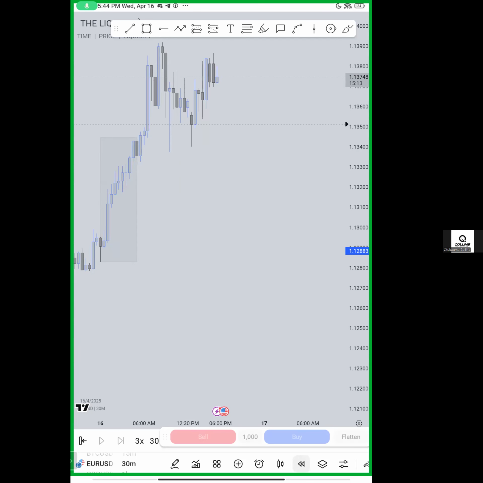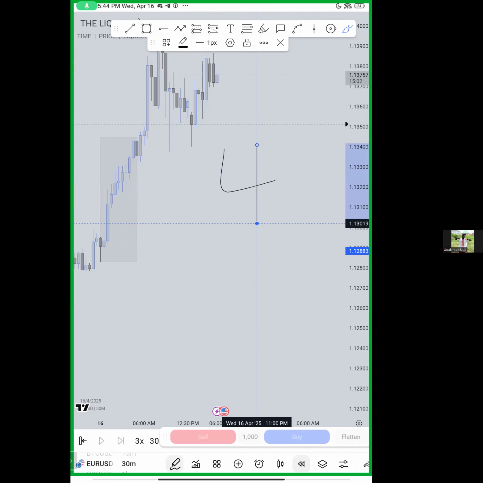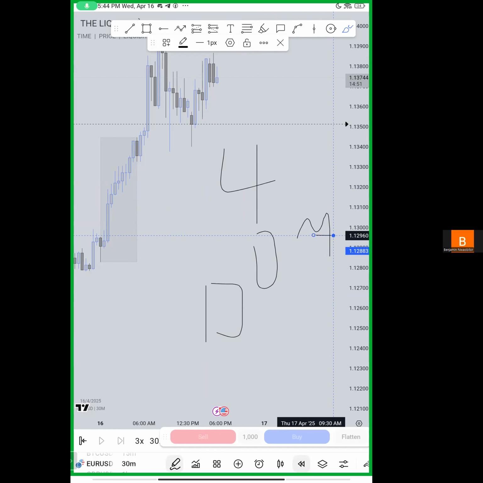Okay, first of all, if I understand your question, the 4-hour created the order block, right? Yes. The bullish order block. Okay. The 4-hour created the bullish order block, and Asia created a selling strong high. Yes. So you are asking, what are we going to do in this scenario? Yes. First of all, higher time frame has a